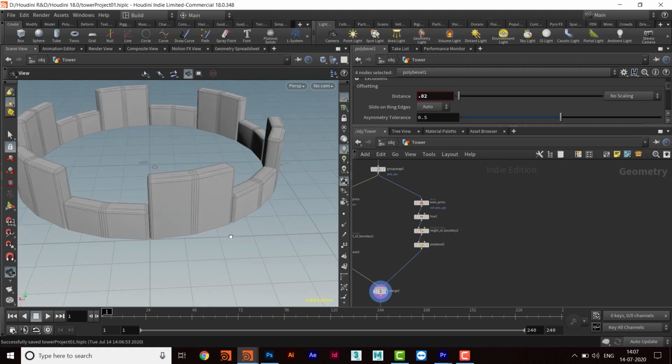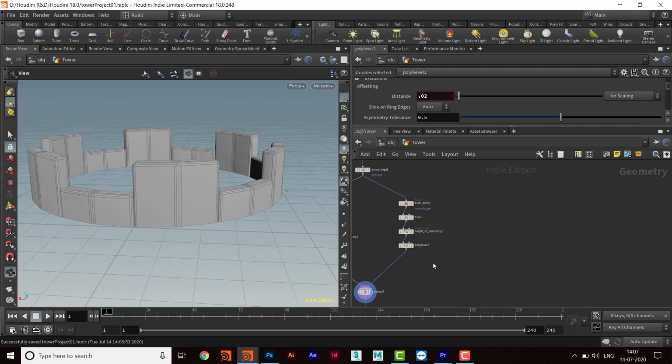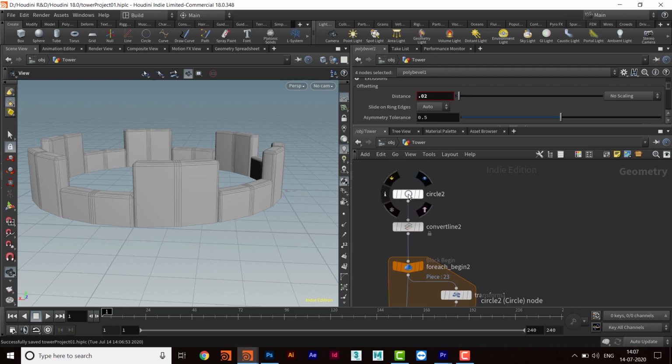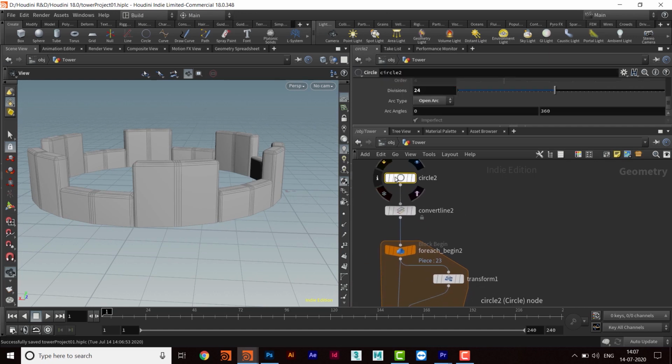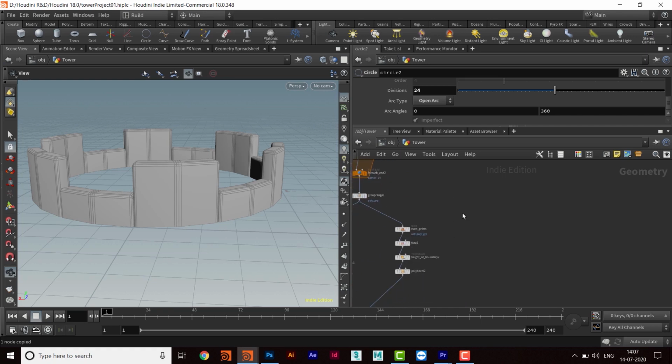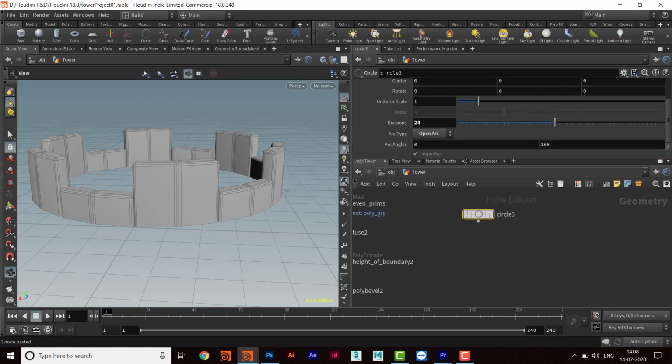Okay, so now I'll be creating the base. So what I will do, I will take the same circle here, same circle or a different circle. I will take the same circle, and then I will start from here because it is not going to have many nodes. So that is Control V, and then